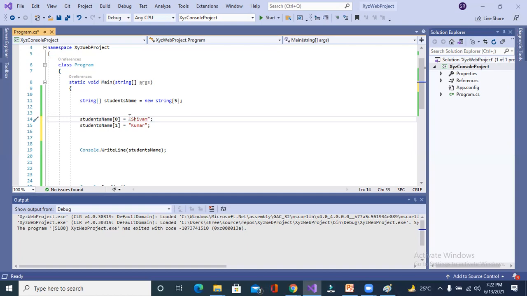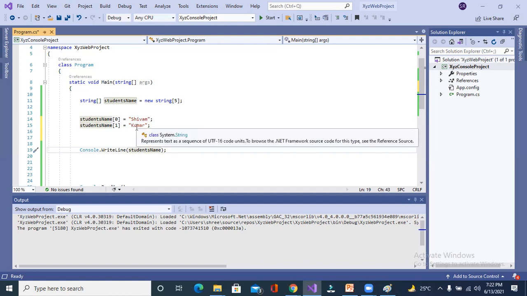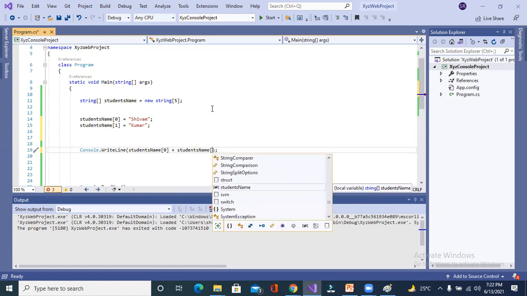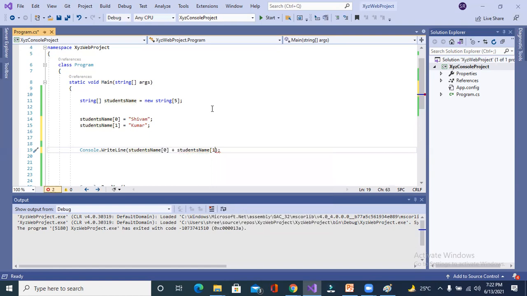Sir, how do I display the whole array in a single line? Like you want to display Shivam and Kumar both, right? Without using an index, we can't do it, right? No, you can access the array only with the help of an index. Without an index, how can you access the array?